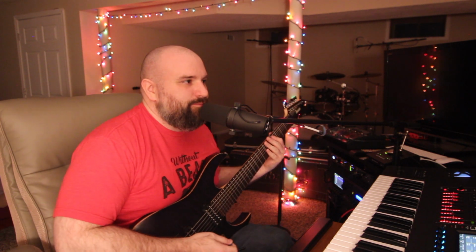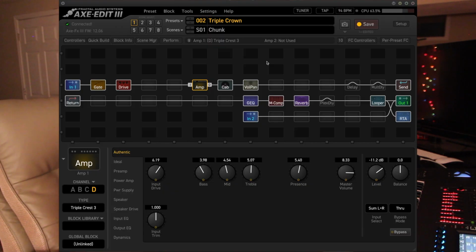So pretty straightforward. And then my next preset here, so as you can see in the AxeFx here, well, this